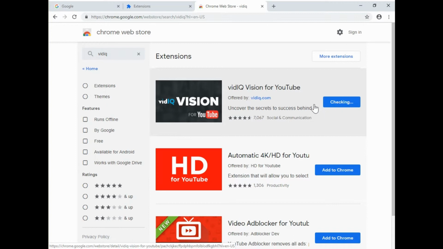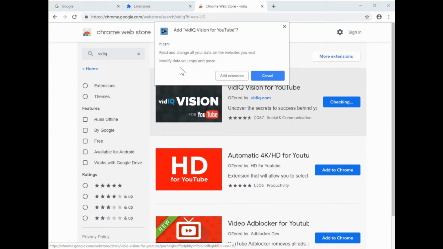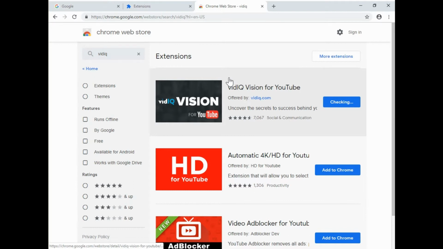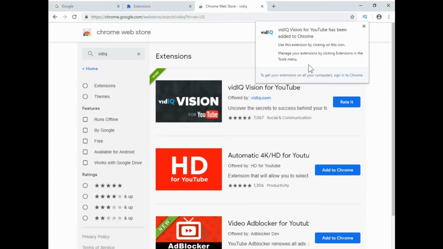So we'll just hit Add to Chrome beside the one that you want, and it confirms what it is that this plugin or extension is capable of doing. If you're fine with that, go ahead and hit Add Extension. It runs through checking and installing, and it happens pretty quick usually. Then you'll see when it is installed, with this particular one, it shows the logo up there in the top right, and it confirms that it has been added to Chrome and how you can use that. So I'm just going to X out of that.